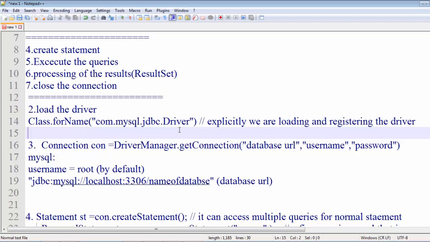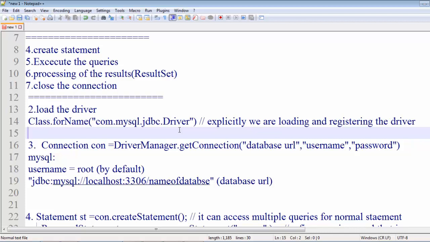After JDK 1.6. Then we will create a connection with the help of the connection object. If a successful connection is established, then a connection object will be returned with the help of this getConnection method, which takes a database URL consisting of jdbc, mysql, localhost, port number, and the name of the database, then the username, which for MySQL is root, and the password that you set during installation of the RDBMS.